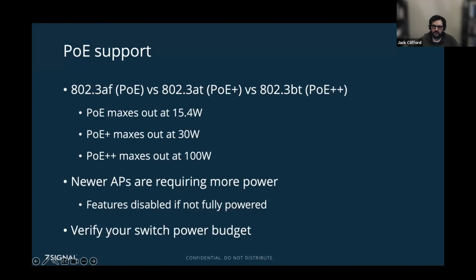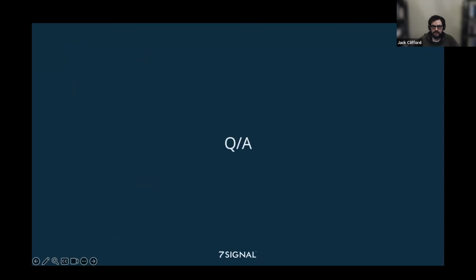You don't want to get to where you're not able to fully power an AP and you're losing some features. So there are some instances where you can connect an AP to a PoE plus port and it will disable some features. So it won't use the full feature set of that AP whenever it's not fully powered. So, and that's it. So if there are any questions,